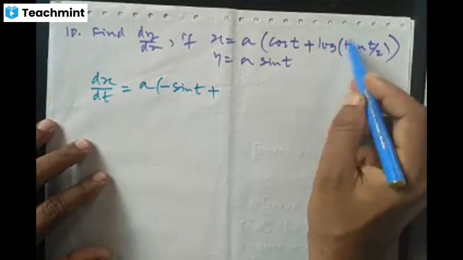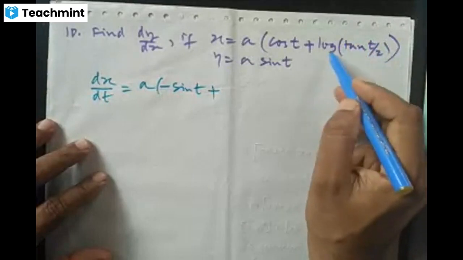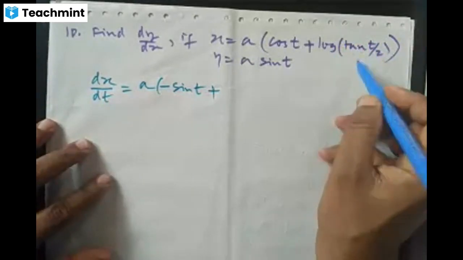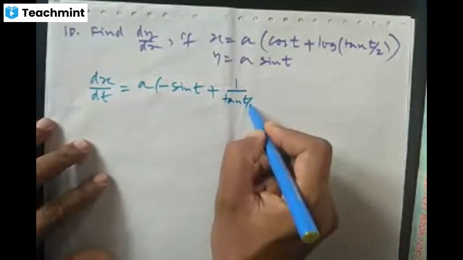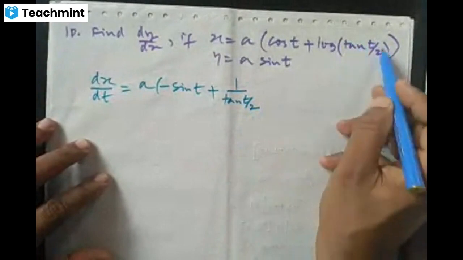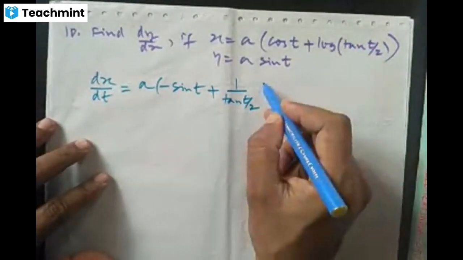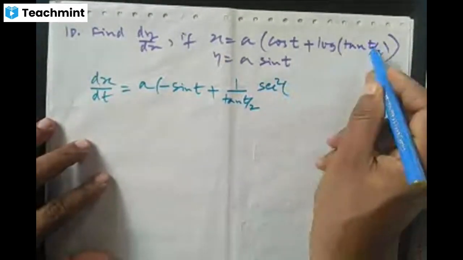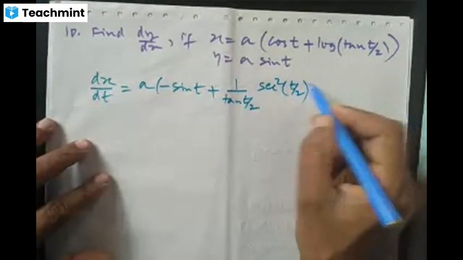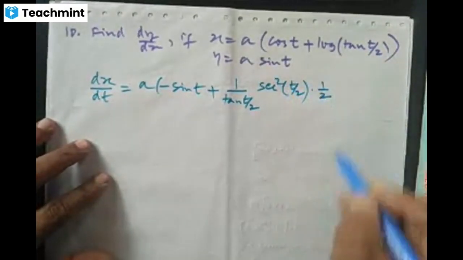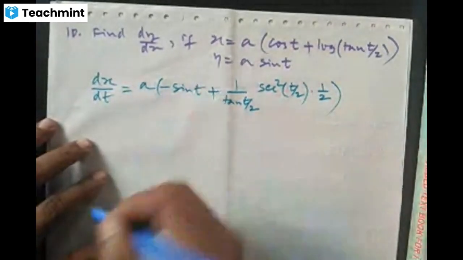So we have to use an extension of the chain rule to differentiate this. Just assume this bracket as u. Derivative of log u with respect to u is 1 by u, correct? So 1 by u. What is our u? This bracket, tan t by 2, right? Into derivative of tan t by 2, again use chain rule. Derivative of tan function is secant square, right? So secant square of what? t by 2 into d by dt of t by 2. d by dt of t by 2 is 1 by 2. Simplify this. After simplification, we shall find dy by dx.